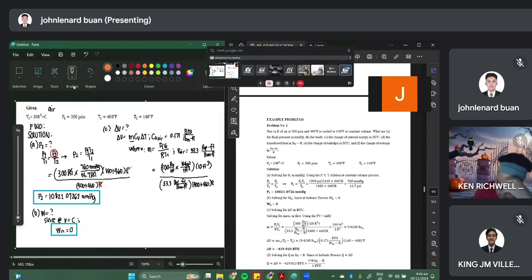Okay, unit analysis muna tayo, guys. Cancel this out, and there is one feet remaining here. The pound force, we can cancel. And then the remaining feet, we can also cancel. Rankine, we can cancel. Therefore, the resulting value